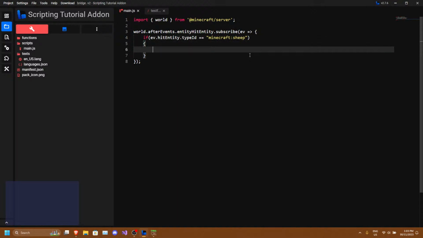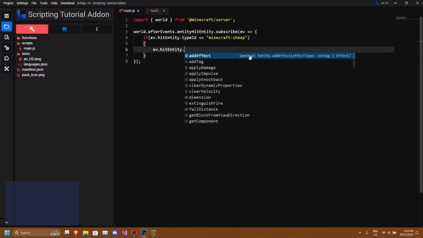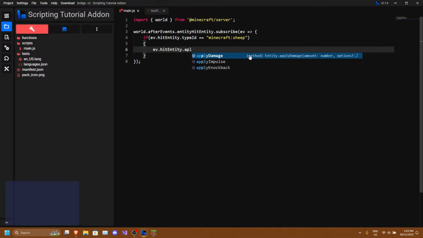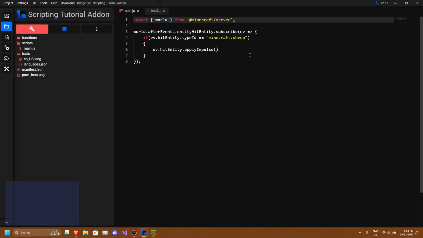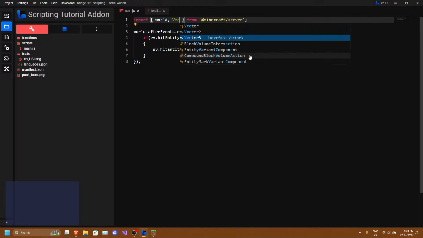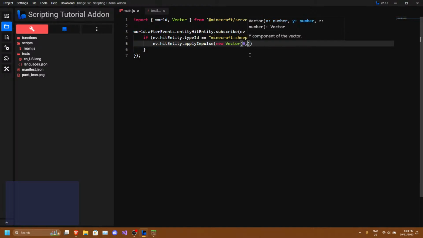We could make it go up in the air. So we could do ev dot hit entity dot apply impulse. We can do knockback as well, and then we need a vector 3 instead. And we do new vector, and then we just do 0, 0.50.